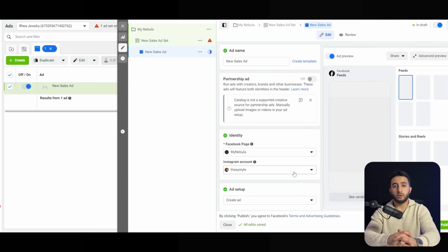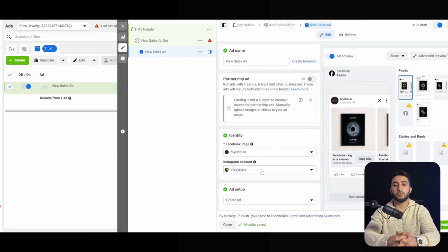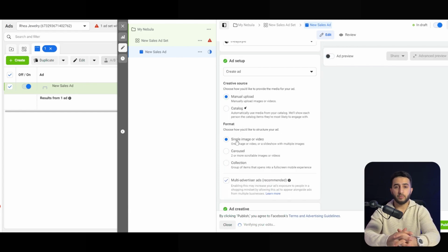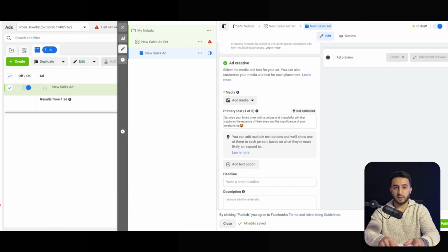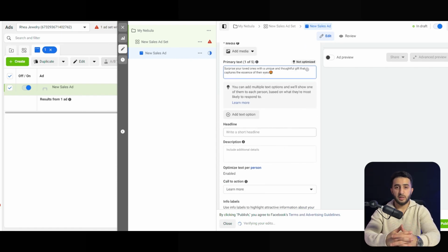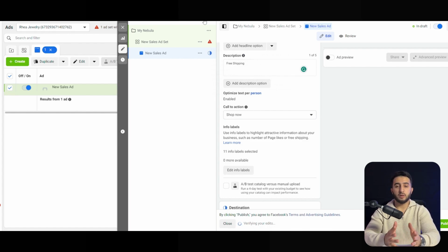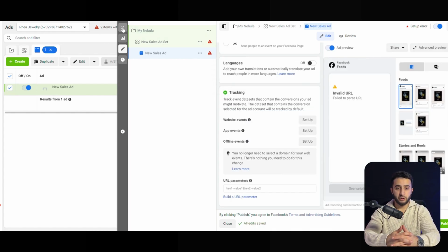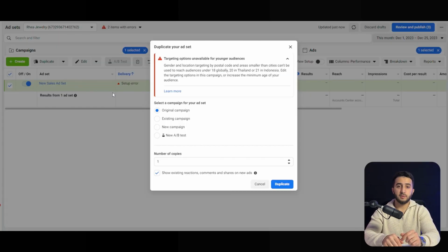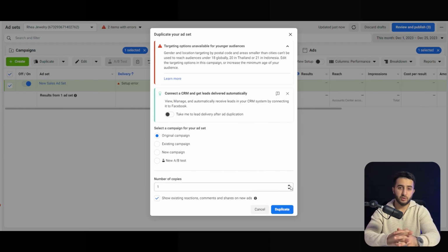And now we will continue to the ad level. So here, make sure you choose your Facebook page and Instagram page correctly. We will upload the product video here, then primary text about the product. Make sure it's short and easy to understand, and then add the product link, call to action, and publish your ad. So when you publish your first ad set, then go to the ad set level, and here you will need to duplicate this ad set,